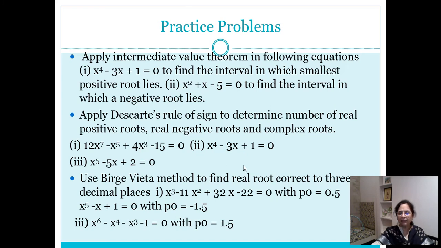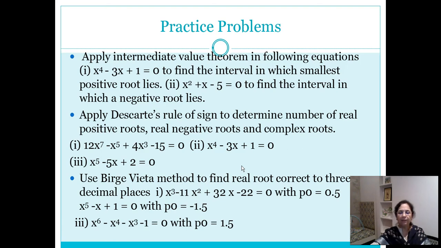To summarize, at the end, we are using Descartes' rule of sign change for identifying how many positive and negative real roots are possible for the given polynomial expression. We can make use of intermediate value theorem for identifying the location and possibility of root in the given range if the function is continuous between the range given a and b. And we can make use of Bairstow-Vieta method for actually extracting real roots for the given polynomial expression in single variable.